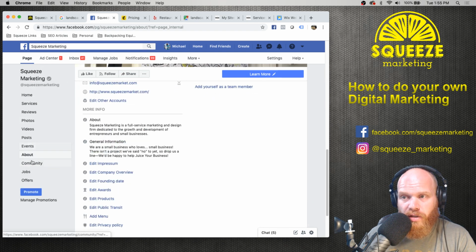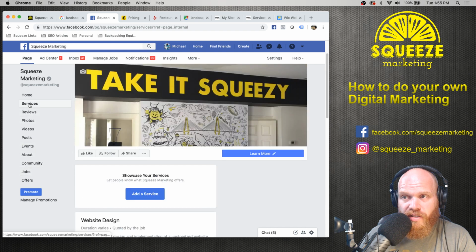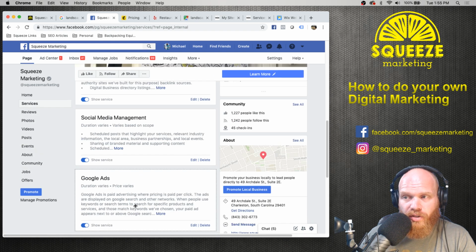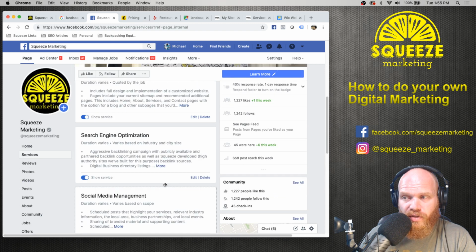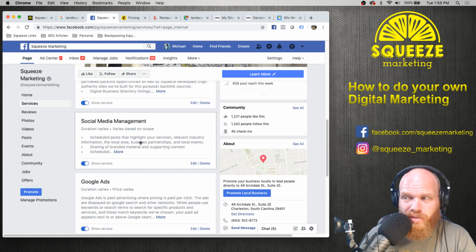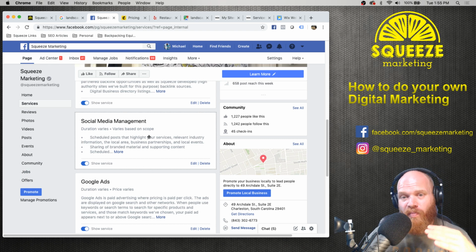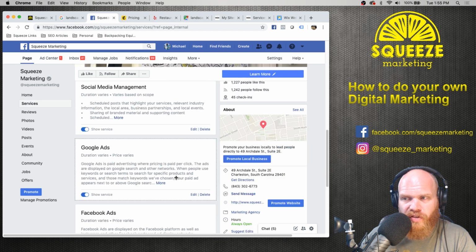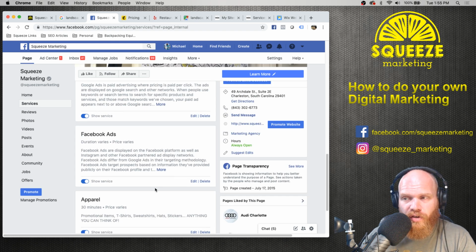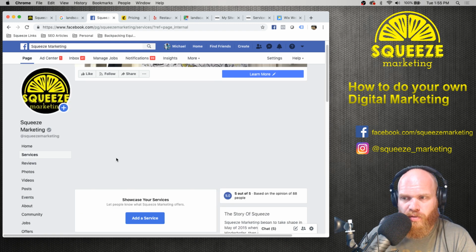We've got our services section built out as well. Build your services section where you talk about the different services you do. You don't have to put the price in there. Obviously, our price is very based on scope and size of project, so we don't have an immediate dollar amount in each one of these services. If you do have one for each one of your services, you can put it in there. If you have products, you can put products on here as well.